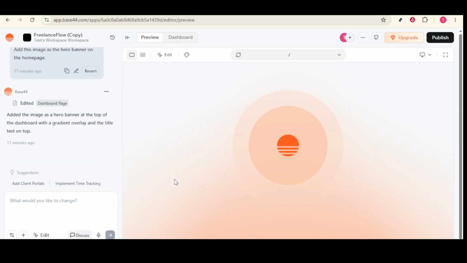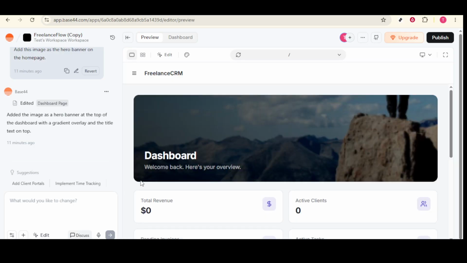So, let's dive in and see just how easily you can implement this feature using Base44 docs. First, it's important to note that in Base44 docs, adding a loading spinner is usually more about communicating your intent rather than manually coding it. This makes the process not only faster, but more aligned with those who might not be as technically inclined. Instead of diving into code, you can leverage the AI chat feature in Base44 to tell it exactly what you're